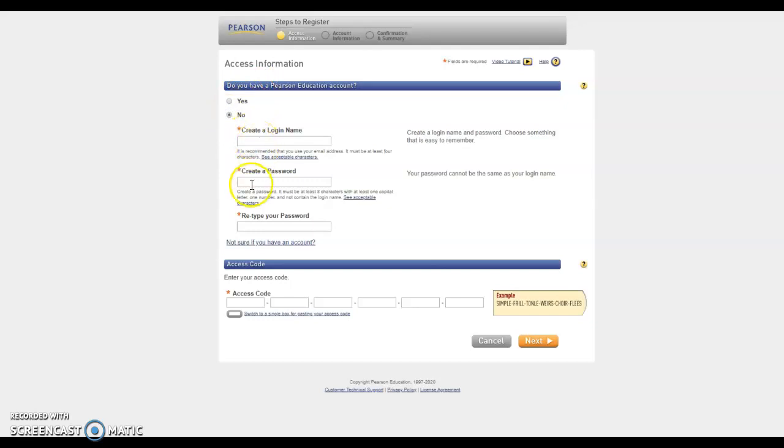Create a login name and a password. You can technically make these whatever you want. It might be easier if it's the same thing as your My Heartland login stuff. So maybe try that first. If for some reason that's taken, you might have to get creative, put some extra numbers on the end, or use something different. Whatever you create here, write it down somewhere and keep it with your Math 141 things,